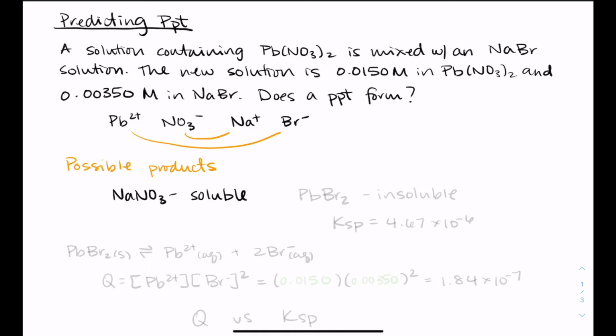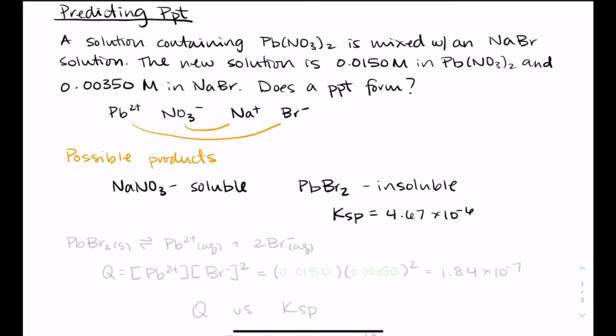So, right, considering nothing else, lead bromide is my precipitate. However, if the solution is big enough, right? If there's enough water, it's possible that we end up with an unsaturated solution, which means that the lead bromide can continue to dissolve. So what we're looking at is, will the solution, when I pour everything together, reach a point at which precipitation would be triggered? And we know when that happens